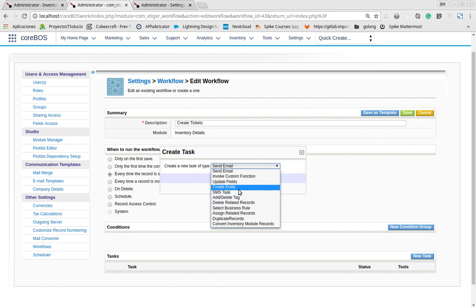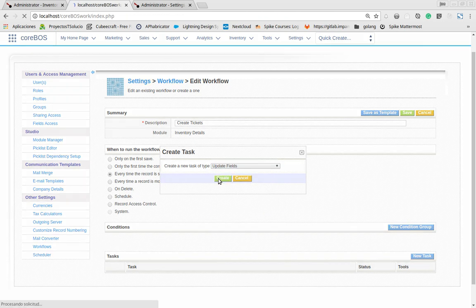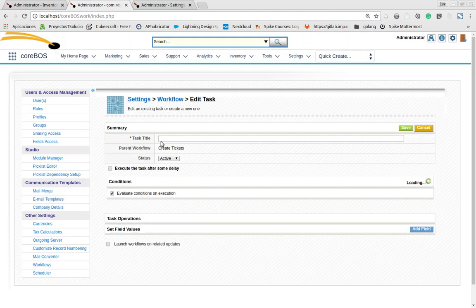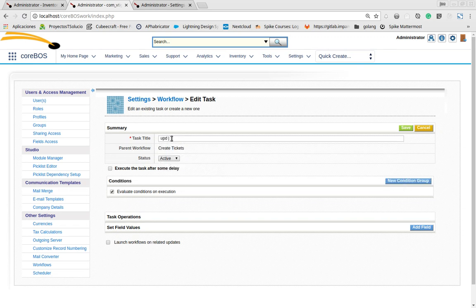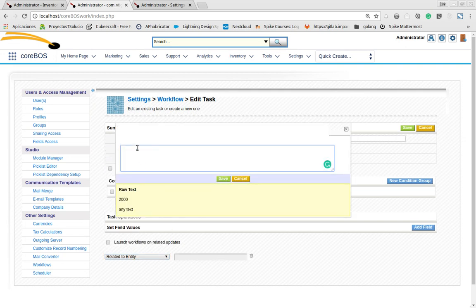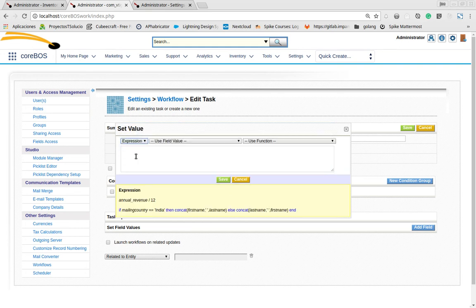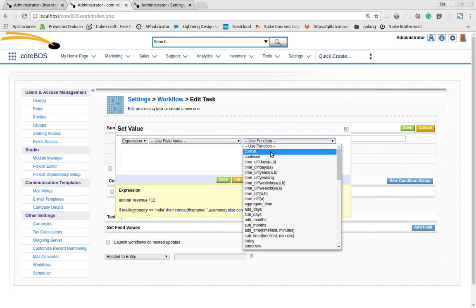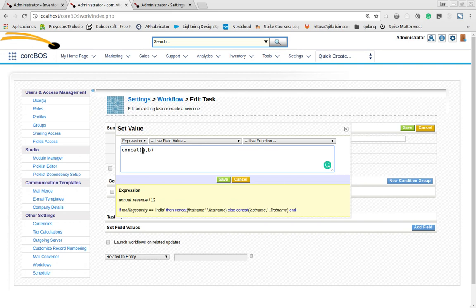I'm going to create an update fields task, and I'm going to name it update rel2. This has no conditions. We're going to do it always. We add a field here, which is my new field, related to entity. And I'm going to fill this in with an expression that says concatenate, I am related to